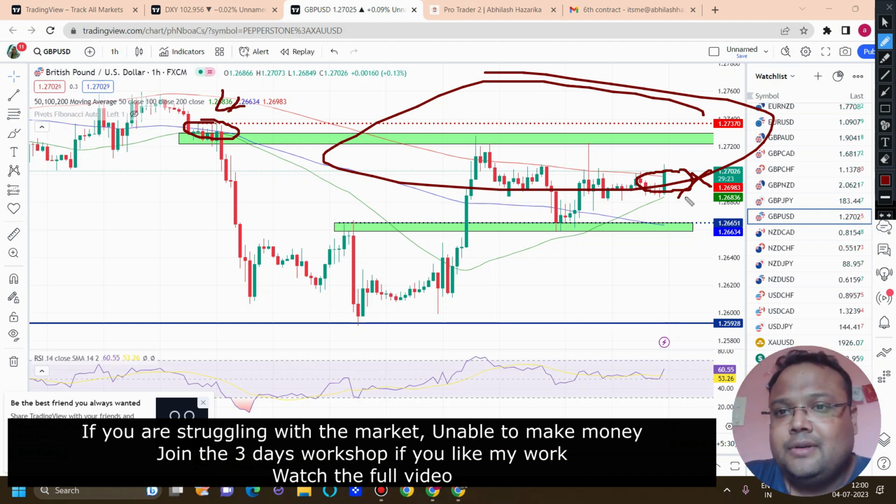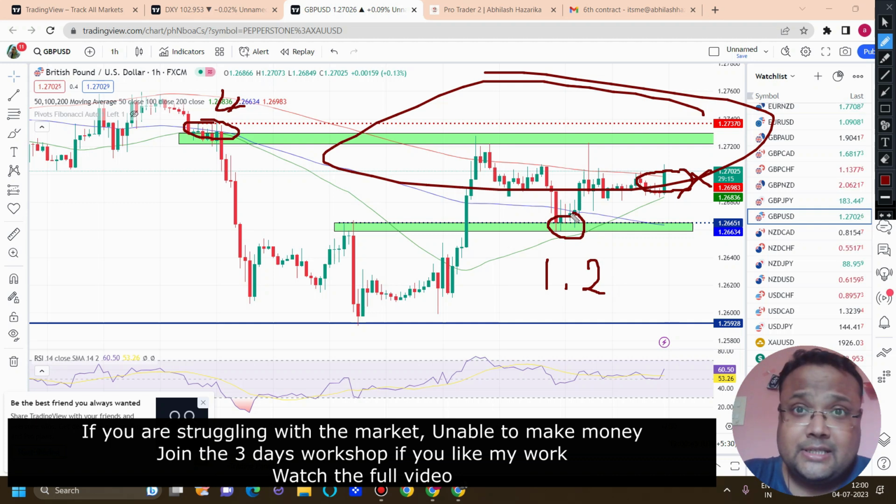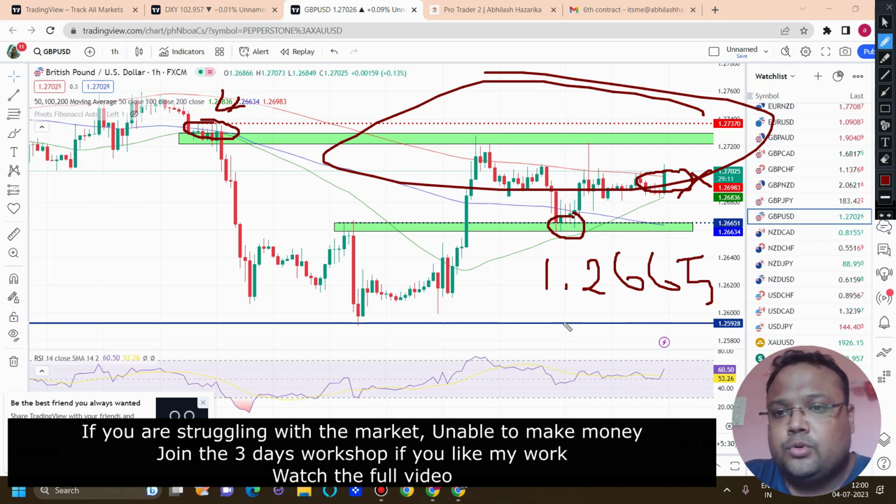Okay. So this is the resistance, we can look for a sell. And on the other hand, the last support is still present. We discussed about this yesterday also. We got a good buying opportunity. So 1.2665,